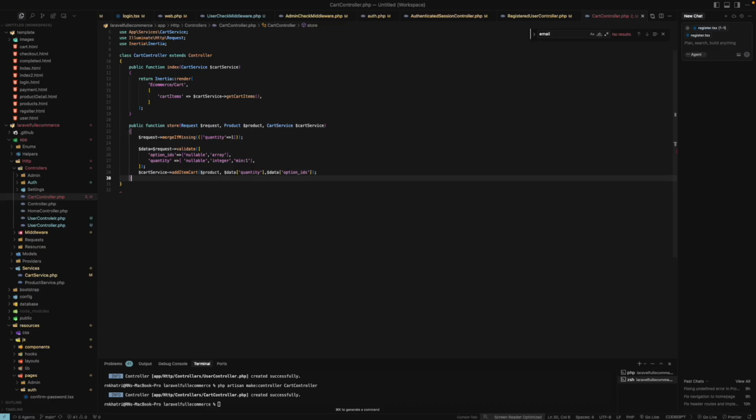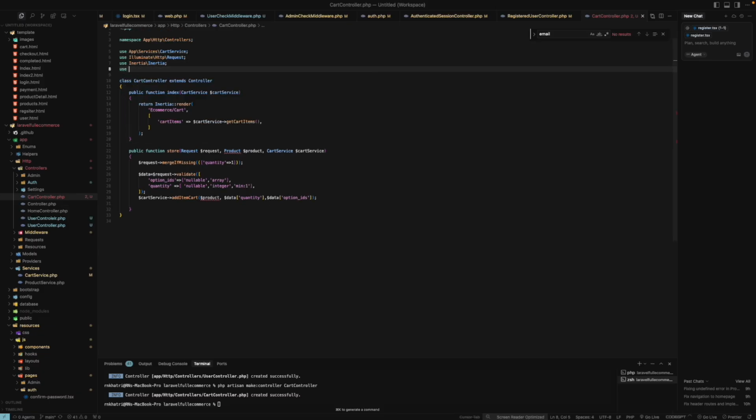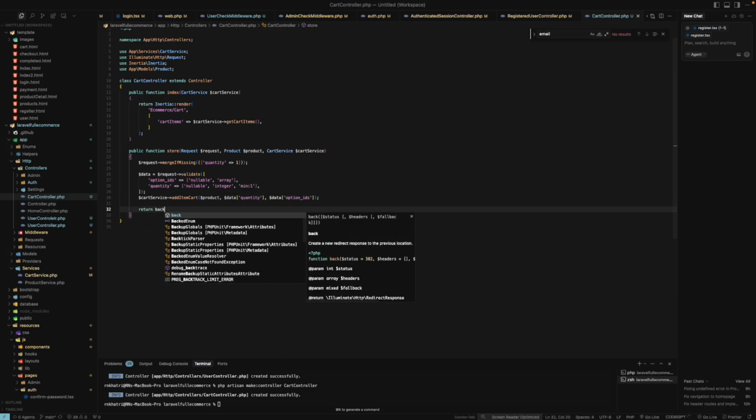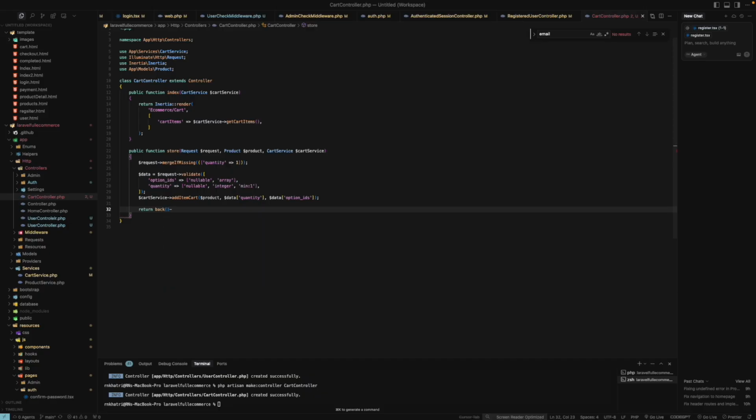So this option IDs we have to add to cart. Where is this product? We have to use this product and use App Models Product, right? So this is add to cart, and then return back with success message, cart successfully added. Okay,